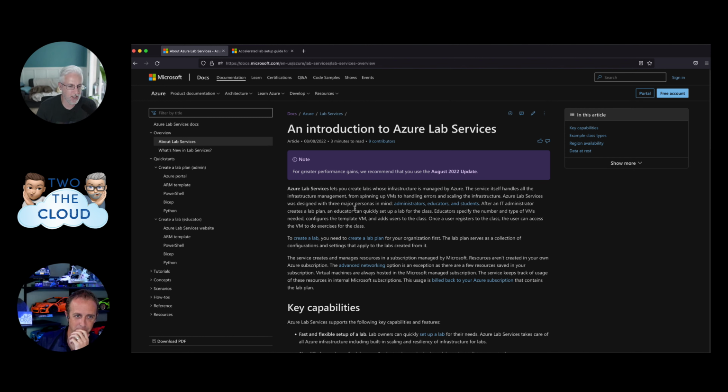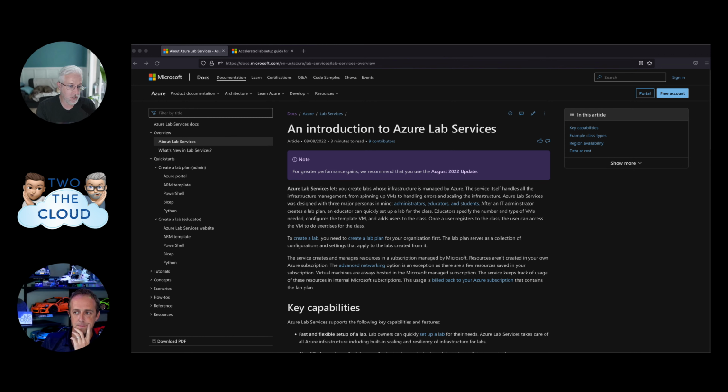Yeah, so I think just a few things. Lab Services is an Azure service. It's a managed compute service that allows you to pre-provision templated virtual machines for people to execute hands-on labs.